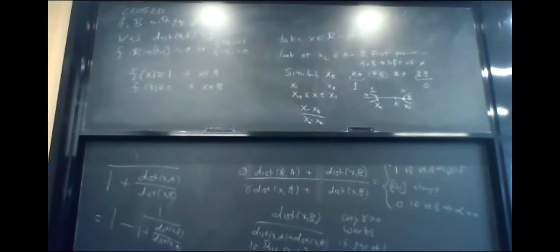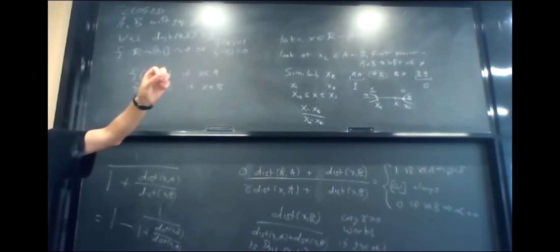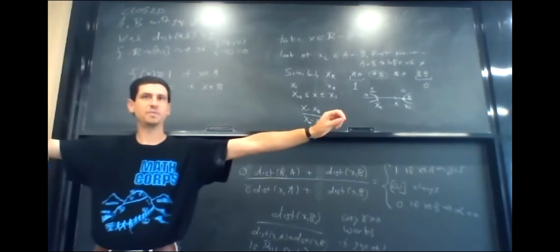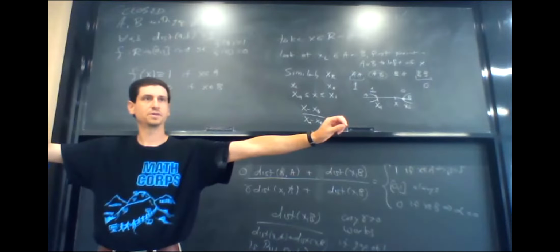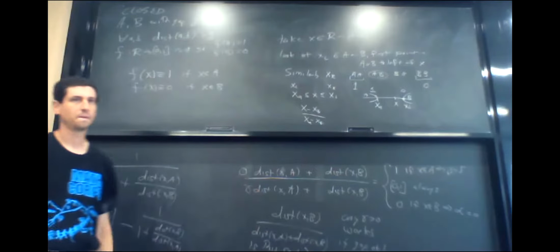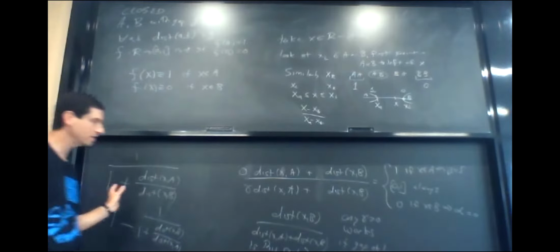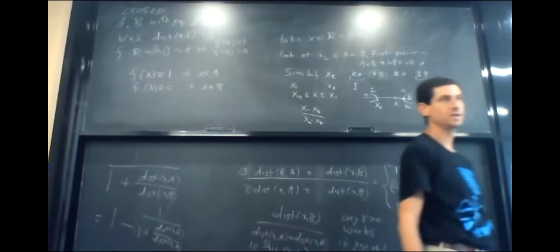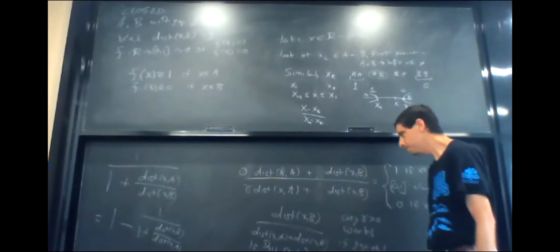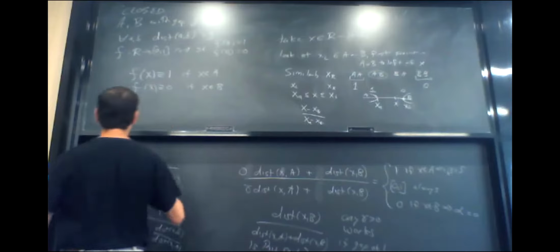If you're in neither set and you're just moving around, then the denominator is constant. But you could move away from both of them. Here's A, here's B, and I'm far to the left. And as I go further, I'm getting further from both A and B. True, so we don't know that the distance in the denominator is constant. So there's a lot of things to think about. And the key word I was mentioning earlier was Urysohn's lemma.